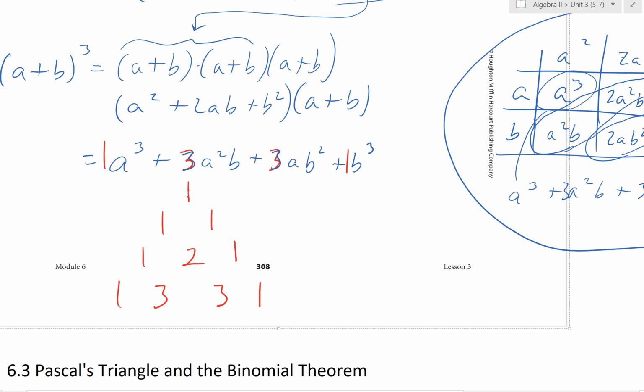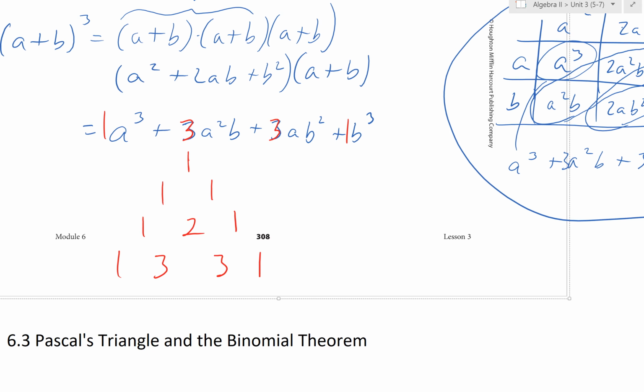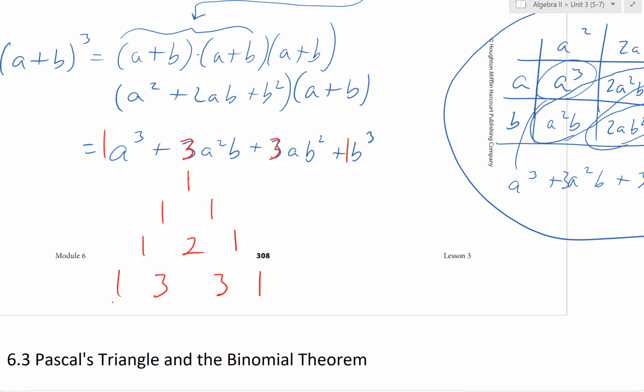And see in this triangular pattern that's going down, we have 1s on the left and 1s on the right. Anyone notice patterns with the numbers in the middle? What do you notice? The 1 and the 1 in the second row, if I add those up, I get 2. If I add 1 and 2, I get 3. If I add 2 and 1, I get 3. And so if we continue this pattern,